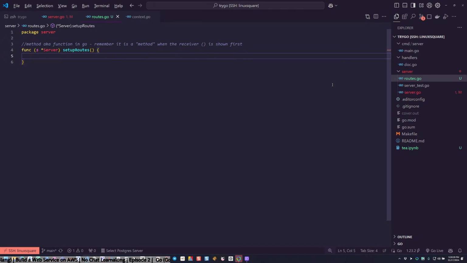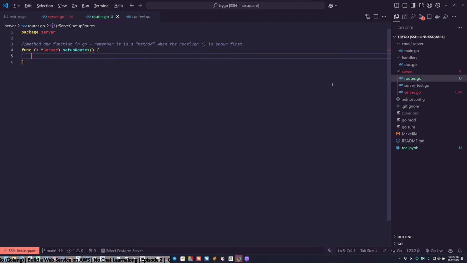Start begins with setting up the routes. We don't have any routes yet, so it doesn't actually set up anything. I like to keep the setup routes function in a separate file because they change a lot depending on what kind of app you're building. It's nice to keep them separate from the rest of the server code, which doesn't change very often. That makes sense. Next, we print the address we're listening on and start listening for requests.